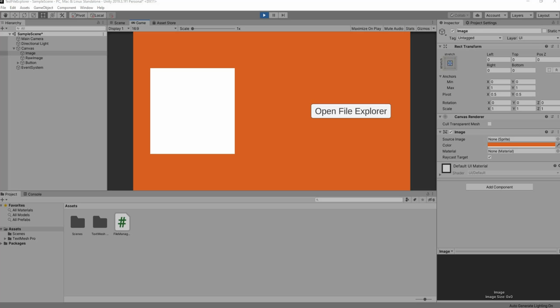In this tutorial, I'm going to show you guys how you can access the File Explorer through Unity and access files from there, be it PNG files, JPEG files, .exe files, or any file that you really want from your